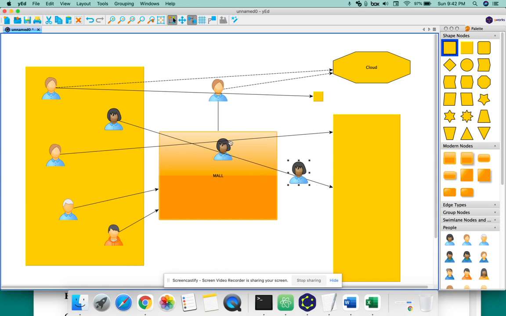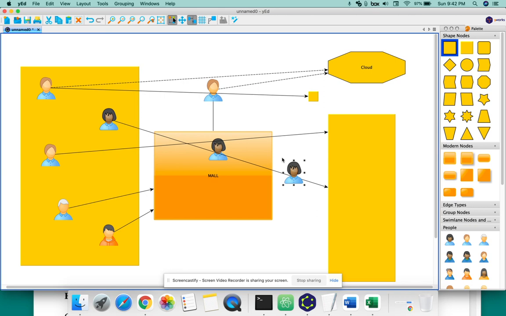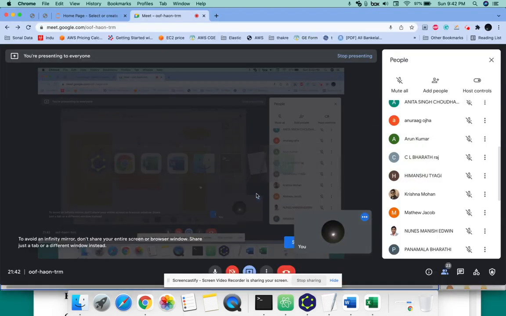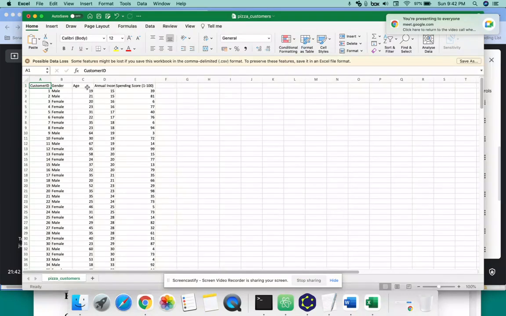But when he reached here, at that time I sent an offer to him. But these are all existing